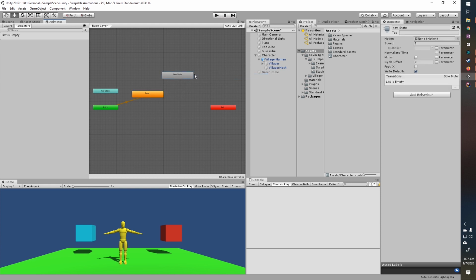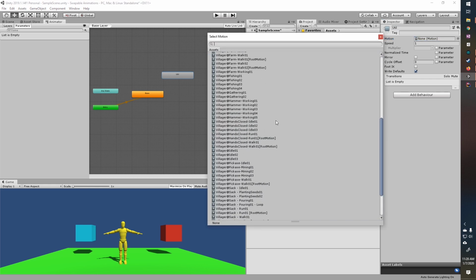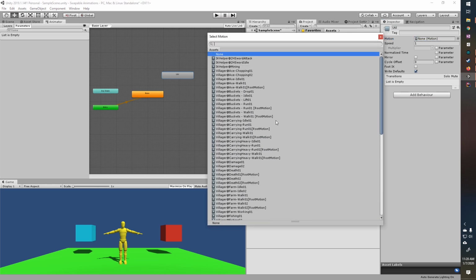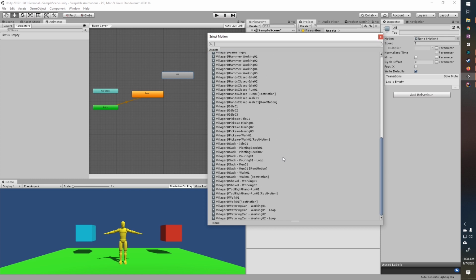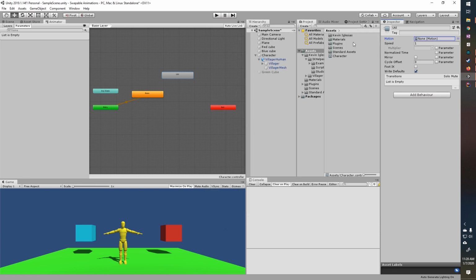calling a utility state. This is the state with the animation that we're going to be swapping out. So I'm just going to call this util. And the motion is important. It has to be an animation clip that you're not using anywhere else in the state machine. Because of the way we're replacing it, it's going to be looking for a specific animation clip, and then for each of those clips, it's going to replace that animation. So we need one that's only going to replace this single animation. So you can choose one that you're not going to be using, but I think we're just going to create